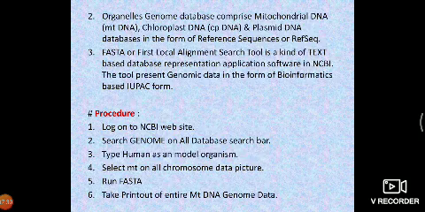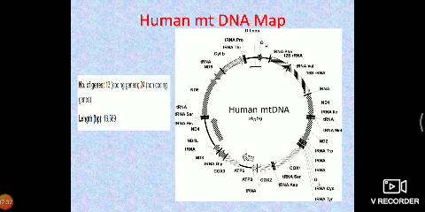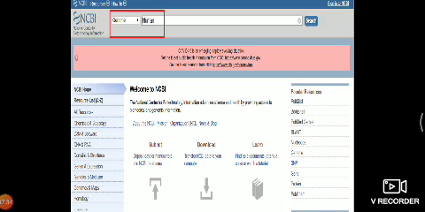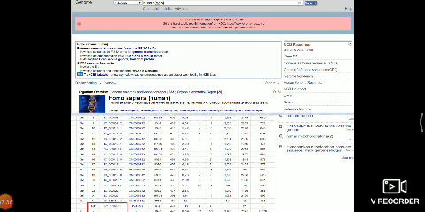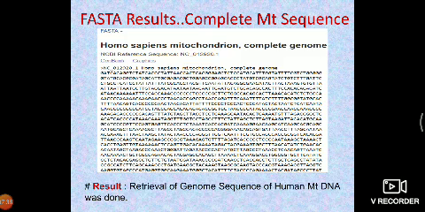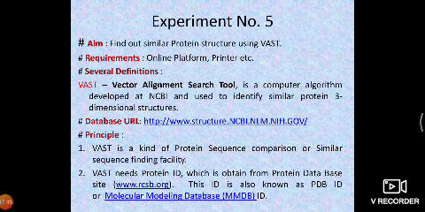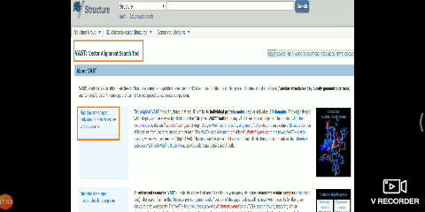Experiment number 4. Better to download the PDF format, so that even at the time of taking printouts, it would be very easy for you. This is experiment number 5, the last one.